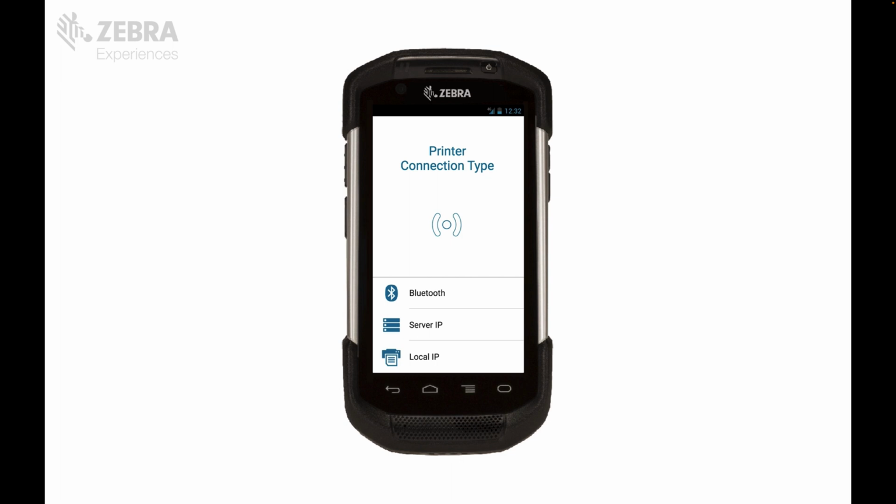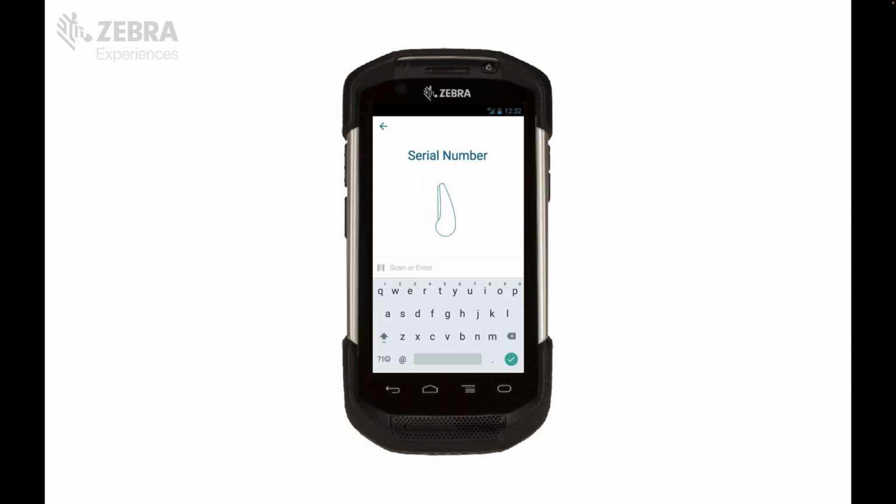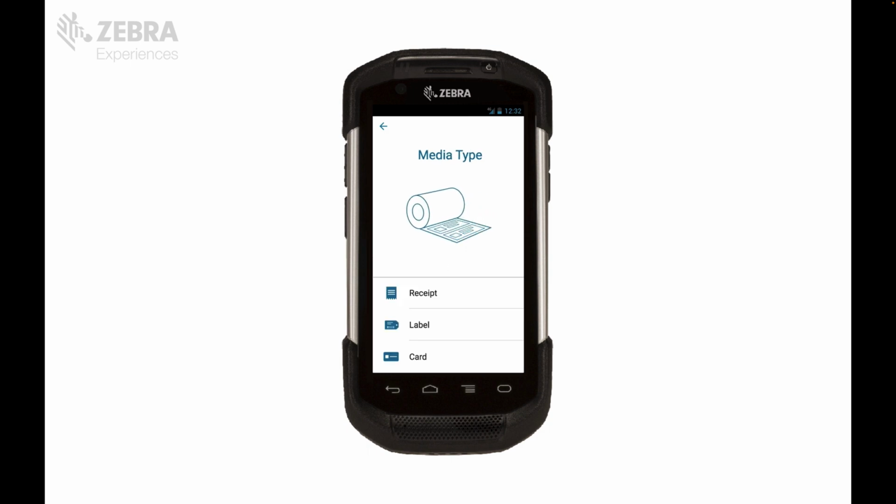This first screen is asking us to choose the printer connection type that we want to use. We'll select Bluetooth from the list, and we're now asked to enter the serial number. In the animated graphic, we see a hint of where this can be found, and I have the option to either scan or manually type that number into the cell. I'll scan the barcode for the serial number. It displays in the field for a split second, and I'm automatically taken to the next step in the onboarding,